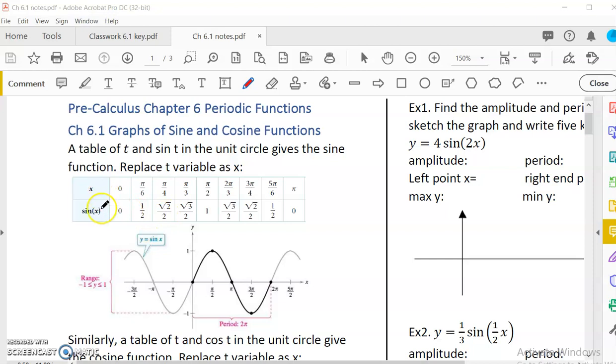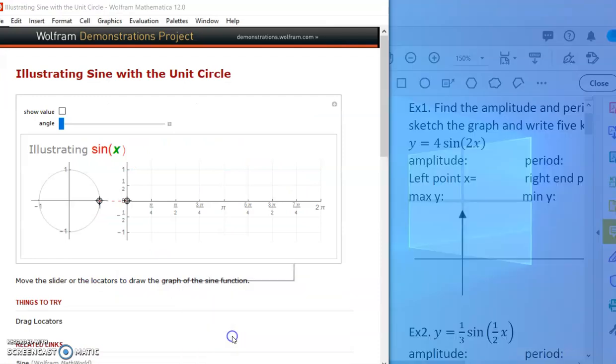So this would be a table of a function. x is the input, sine x is the output. And you will see that the values change, right? When it is at pi over 2, it becomes 1. We can plot these values and you find that it is a smooth curve, and the curve is periodic. So I'm going to show you a program that